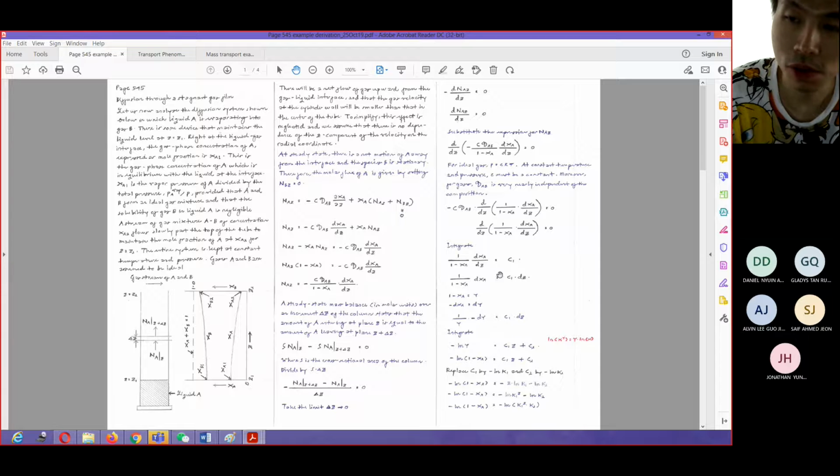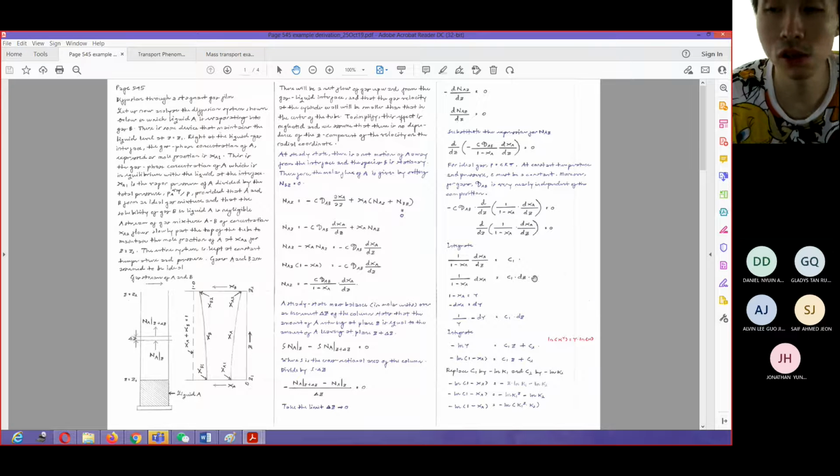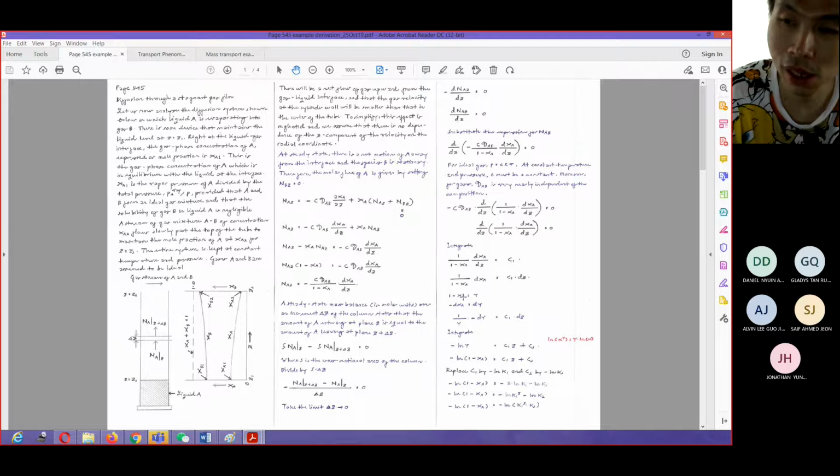Then from here, if we want to solve, we need to go systematically and slowly using calculus. So in here, I took y equal to 1 minus x_A. Then if we substitute everything in, we can integrate in here. Then we stop here. We get it equal to C1 z plus C2. Now, in order to make my life easy, I will assume that C1 is equal to minus ln K1, because a minus ln of a constant will be equal to a constant.